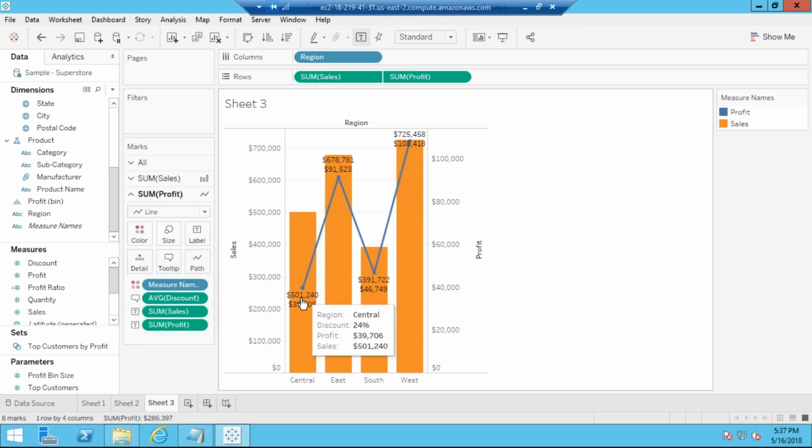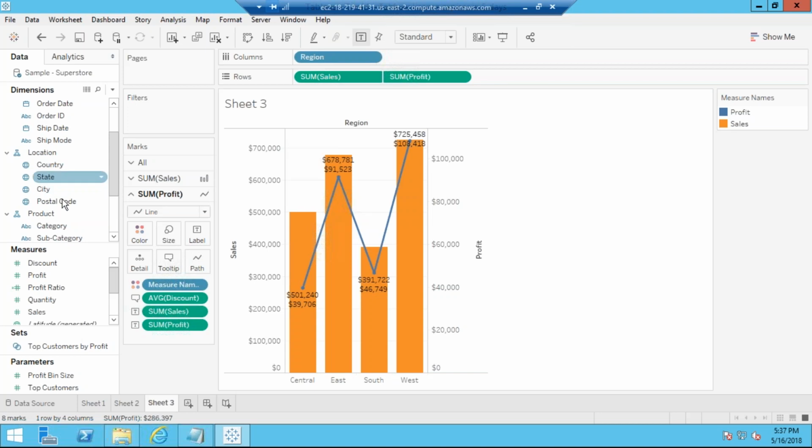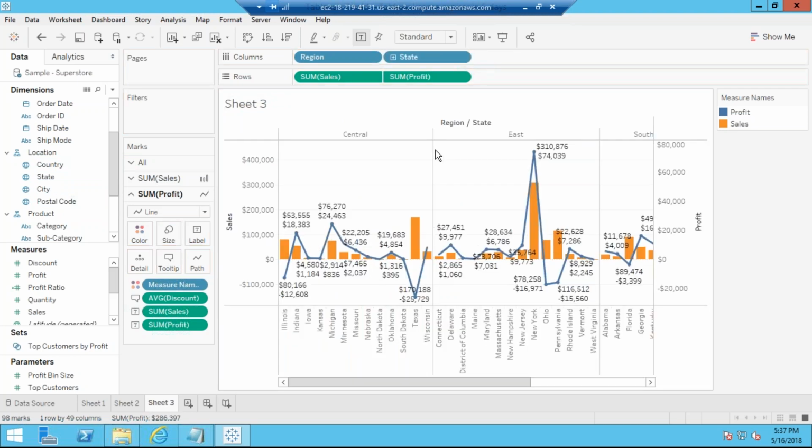Okay, I want to expand this visualization. So what will I do? I will just add this state here. The same view will be expanded. This is all the way you want to see. Here you see it's looking like a trend kind of thing. Now it's looking like trend analysis, for every state, and based on that your data is coming as a trend.